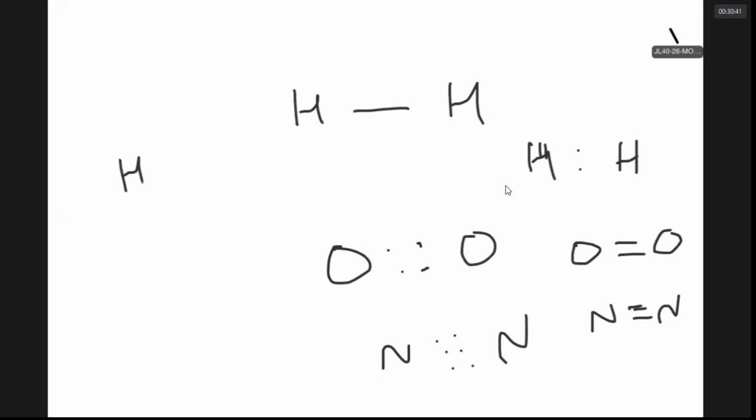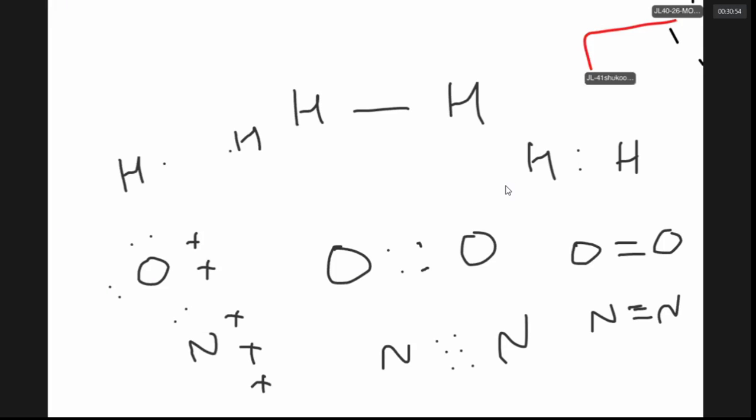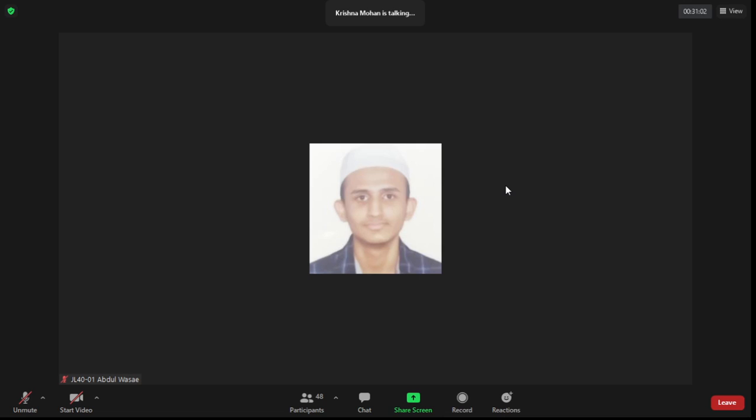How to decide how many electrons are shared? By the number of unpaired electrons they have in the valence shell. If you look at oxygen, oxygen has two unpaired electrons. Nitrogen has three unpaired electrons. As many unpaired electrons as there are, that many pairs they can make and share. So that's it. Now let us look at what the NCERT book says on this count. We are looking at a lesson called chemical bond.